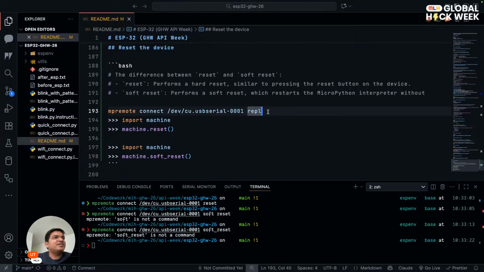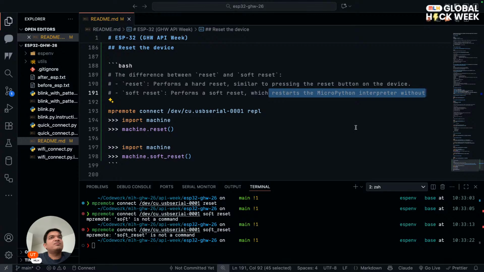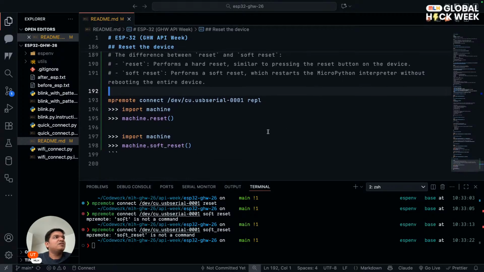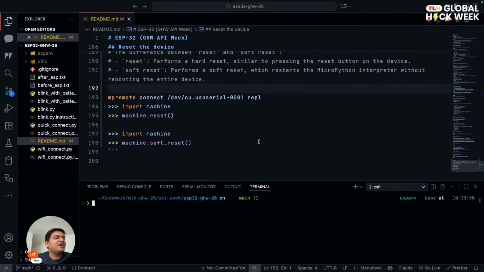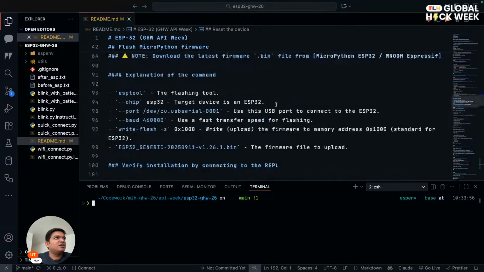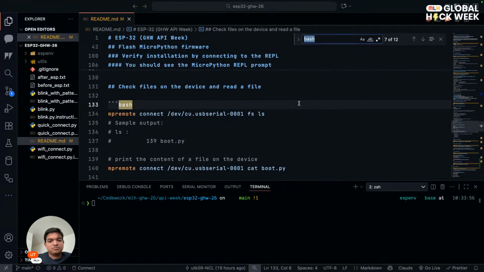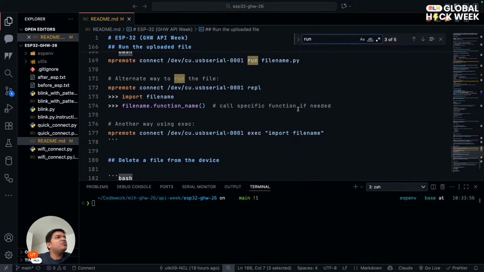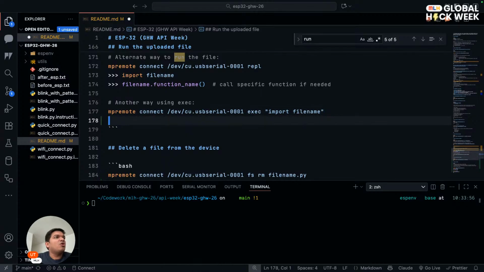So this is my preferred way. Performs a hard reset. Yes, this is kind of correct, which restarts the micro without rebooting the entire device. Okay, this is perfect. So this is for resetting the device, and to run a program, let's see. Yeah, we can do a run. We can call a specific function. We can do execute, or